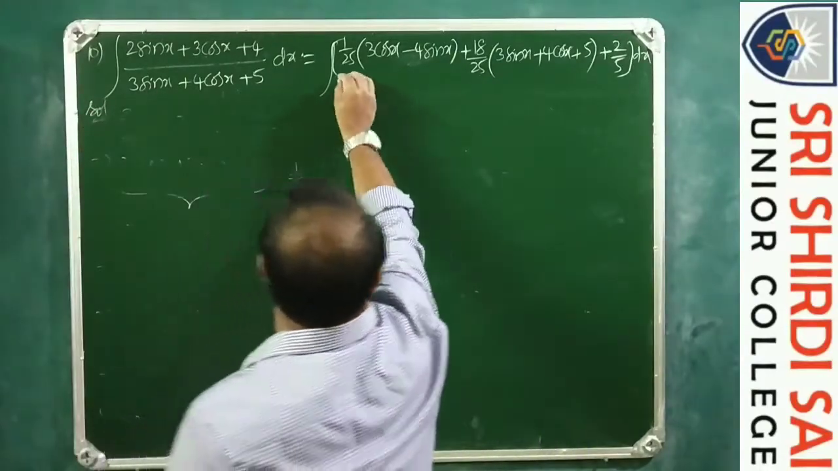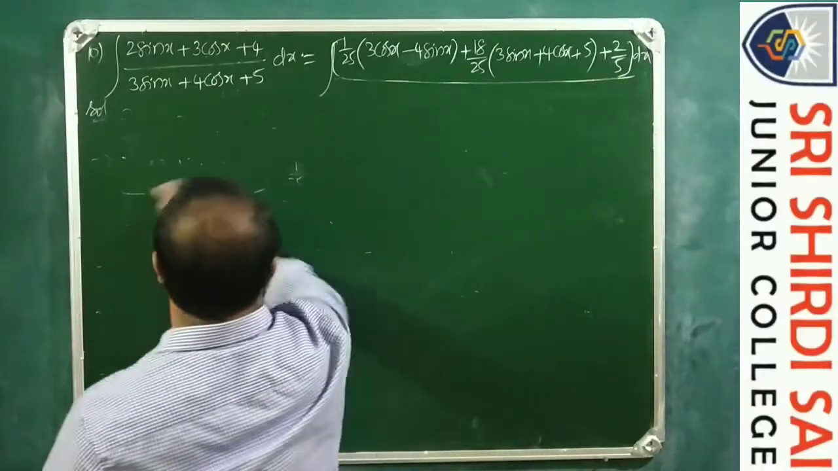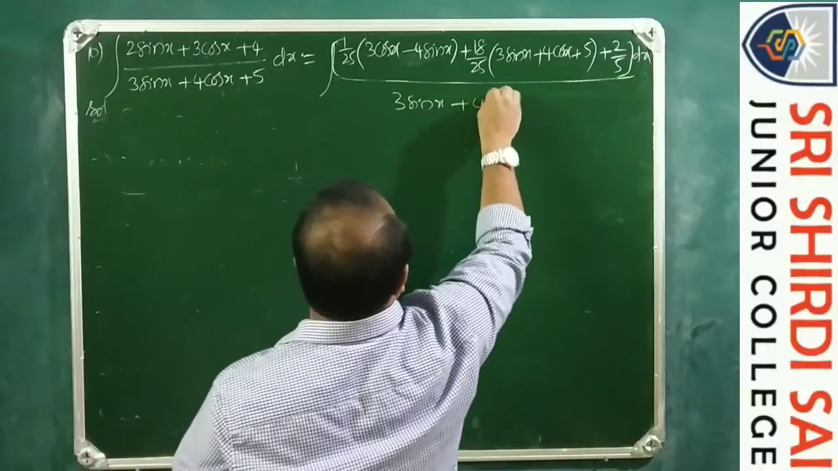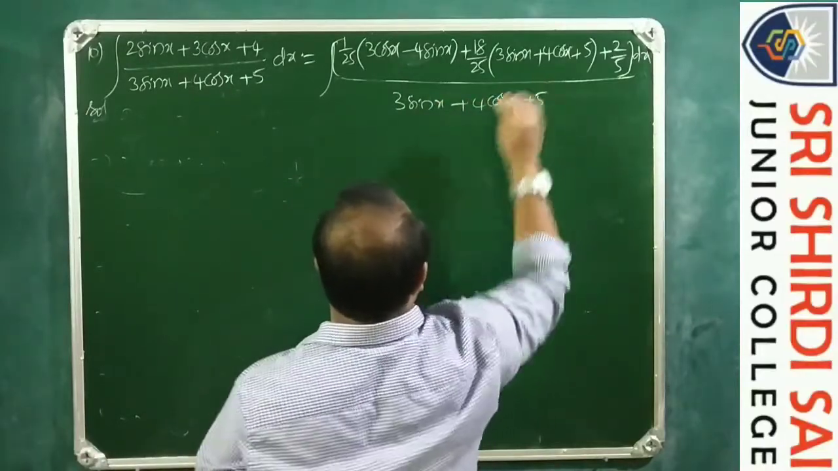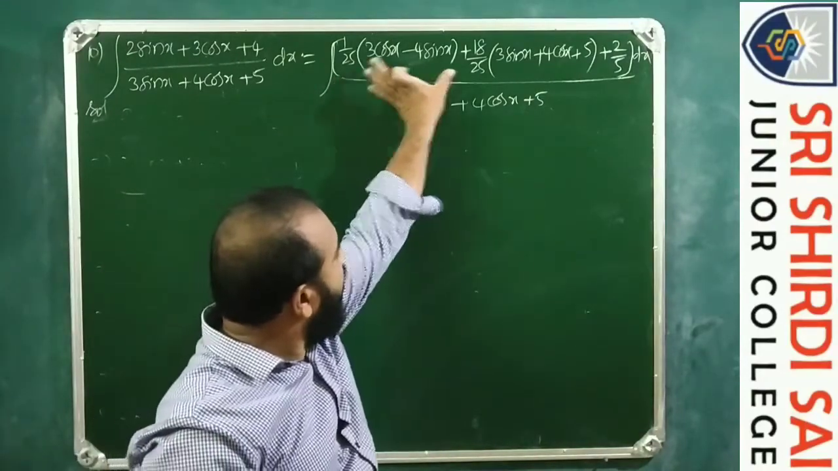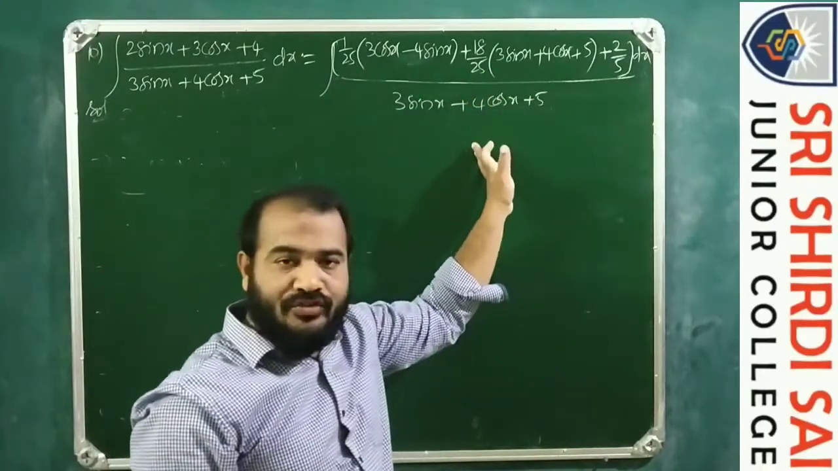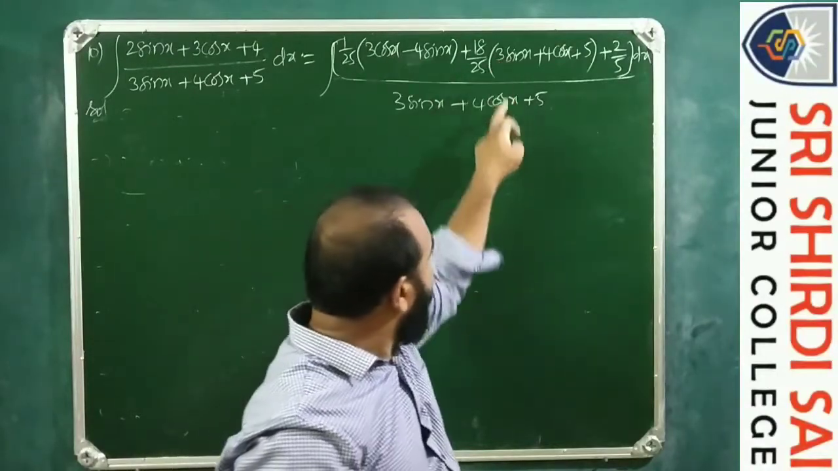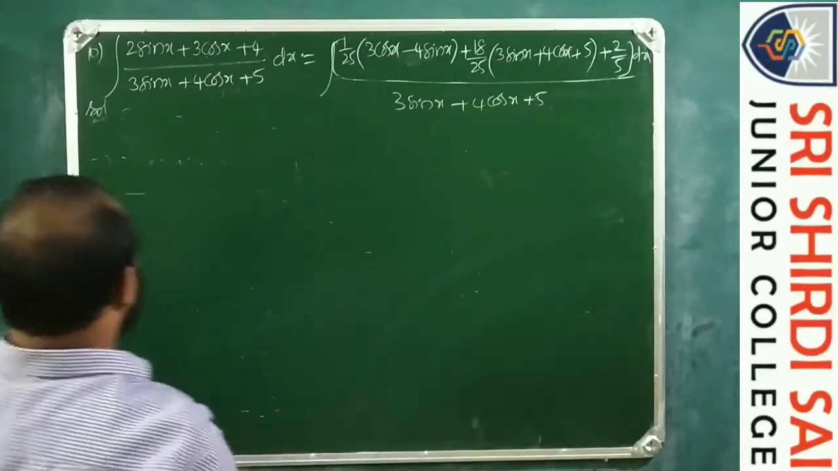Denominator is 3 sin x plus 4 cos x plus 5. Now let's see this. This is the entire A, B, C. Let us suppose this is D. So A by D plus B by D plus C by D. So this is equals to